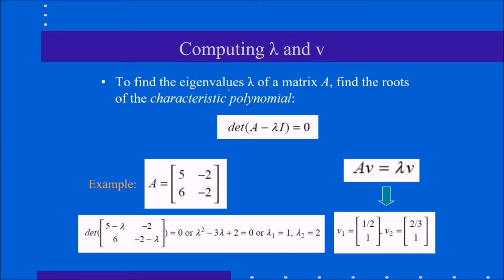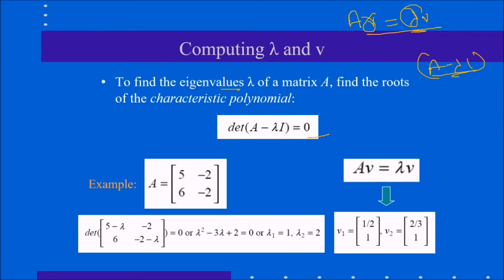So to find the eigenvalues, that is lambda of A, if we are assuming this condition to be true for eigenvectors and eigenvalues, we are saying that lambda is the eigenvalue and v is the eigenvector. So to find the eigenvalues of the matrix, we find the roots of the characteristic polynomial. How? As I said, this can be represented by A minus lambda I, and you just find the determinant of A minus lambda I and set it equal to 0.